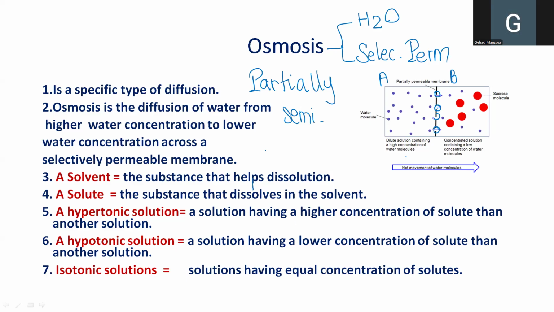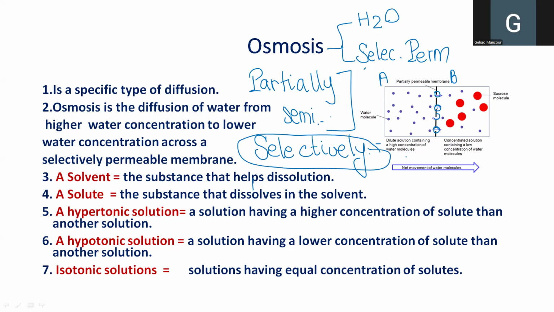But if you use the word selectively permeable, it includes the meaning of partial or semi-permeability, but adds to it the fact that the membrane will select. Here in partially permeable and semi-permeable membranes, the membrane just selects depending on the size of the pores. So it's a purely mechanical process. You can use partially and semi-permeable, for example, when you do this experiment in the lab. But usually when you say selectively permeable, there is the concept of not only mechanical selection, but